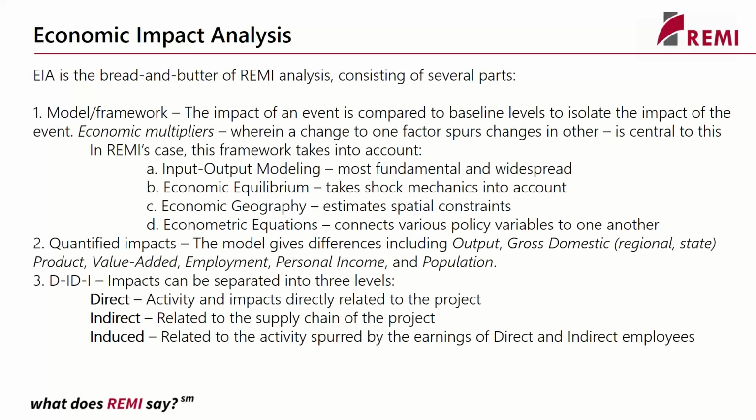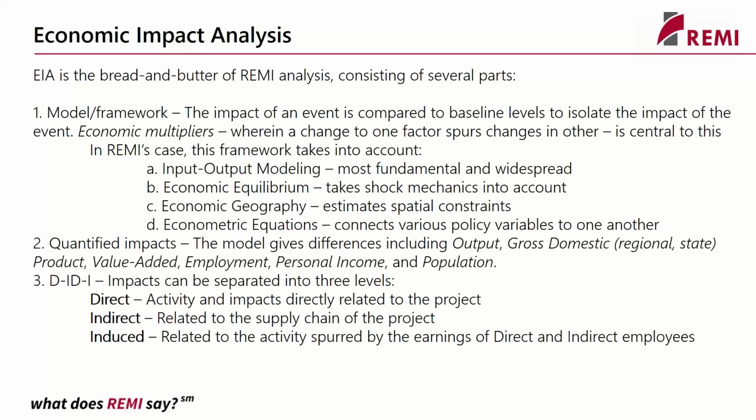Indirect relates to the supply chain of the project. So, as I mentioned with input-output modeling, whatever raw materials, whatever contractors. Sometimes there's some delineation between contractors being direct or indirect employees, but that's neither here nor there. It deals with the supply chain, so you'll see impacts on the raw materials. If it's, I don't know, a microchip factory, you'll see demand for silicon and other raw materials that are used in that as well. Machinery is a good example. Machinery is used in all sorts of retail and industrial applications.